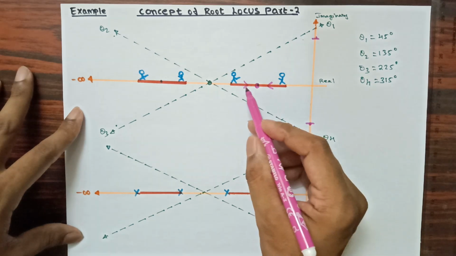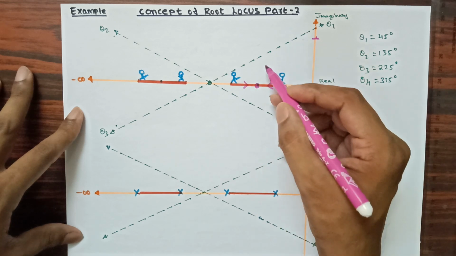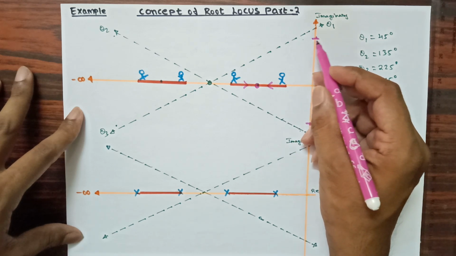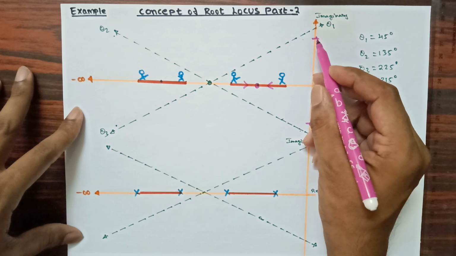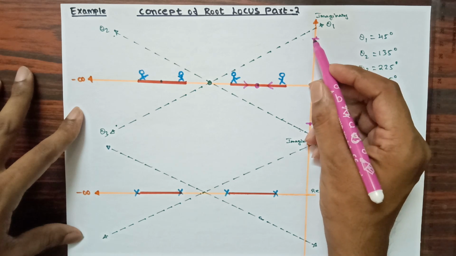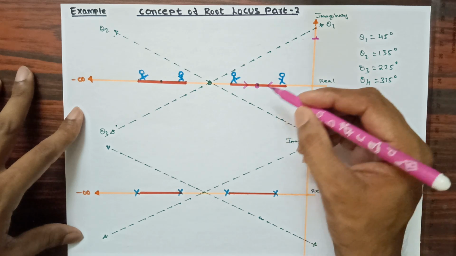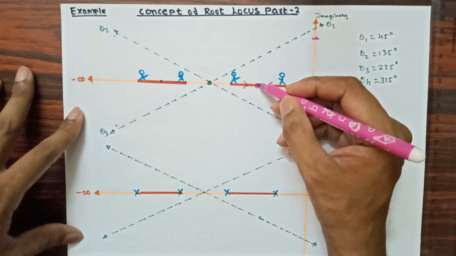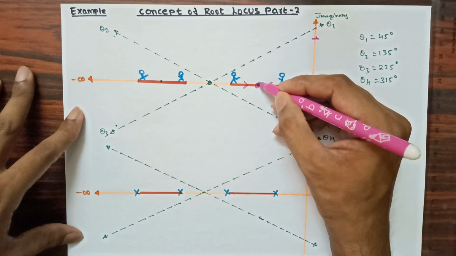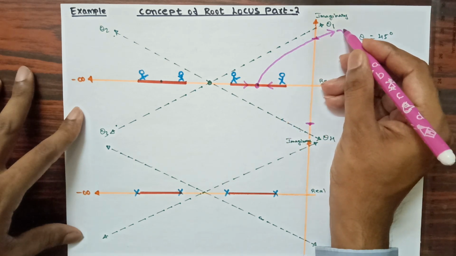Anyhow, you can see that after meeting at a common point, these two persons come out, but with the angle I have provided, that is 45 degree, they are going to cross the imaginary axis. So I should know the value at which they are going to cross the imaginary axis. I am providing here some plus value and the same minus value for both the persons. Now one person will try to move from the upward direction to this point.